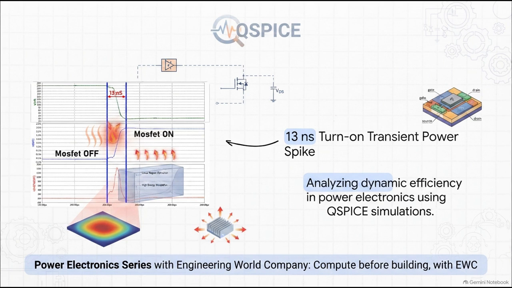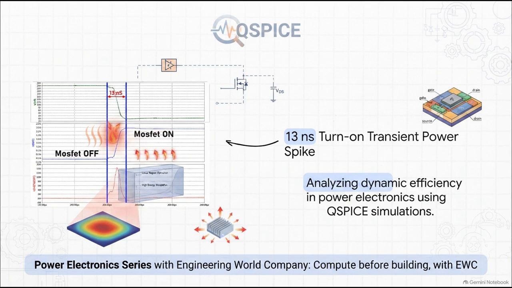It's actually a gradual slope. As the gate capacitance charges, the drain voltage drastically drops and the drain current drastically increases. During this tiny 13 nanosecond window, the voltage and current overlap. They're both present at really high values simultaneously, and that overlap generates a massive power spike reaching over 14 watts